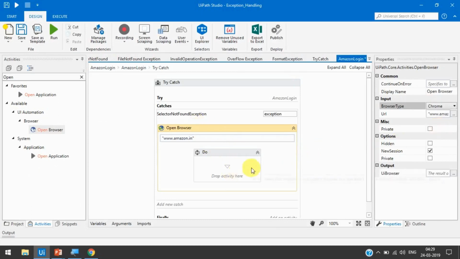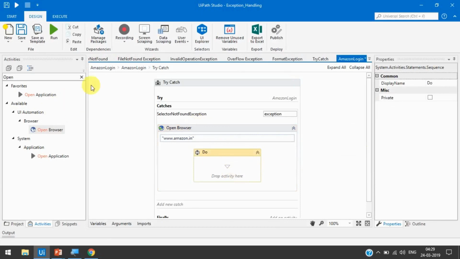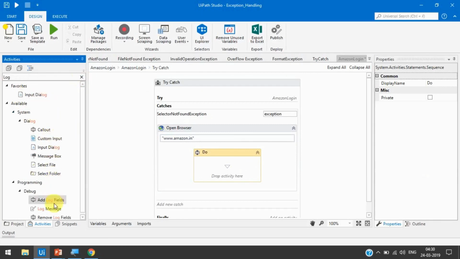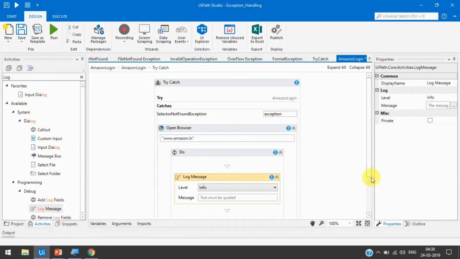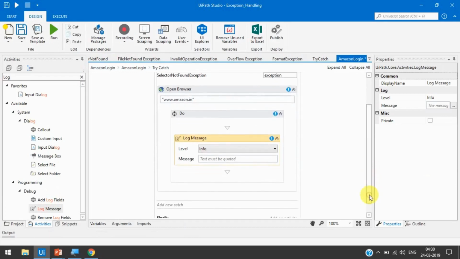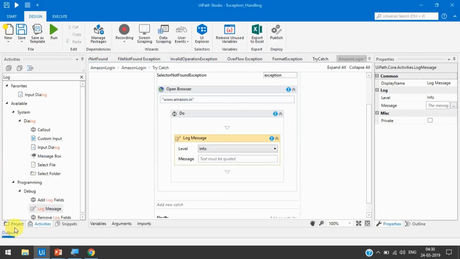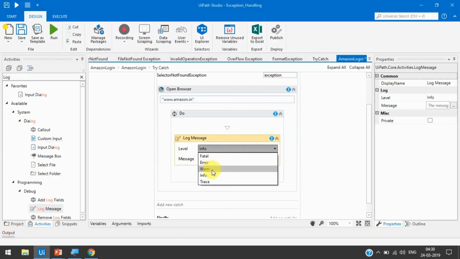Okay, in the do section we can just use one log message. We'll drag and drop that log message here, because if we get that error, then we'll also have to log that error. Or you can use the write line activity to log it in the output section. So we can select here a warning or error level, because we are writing this in